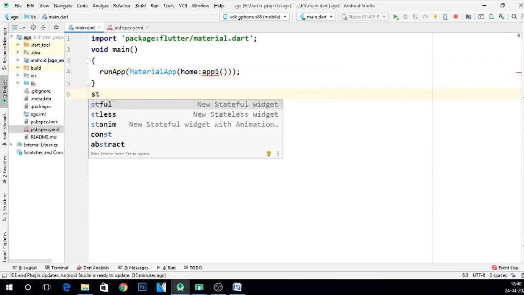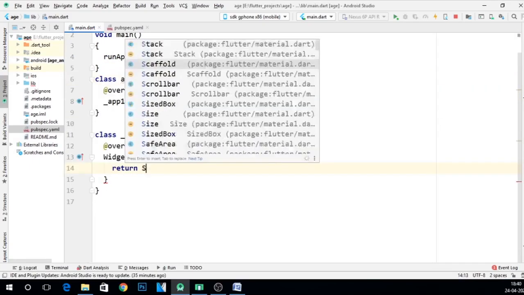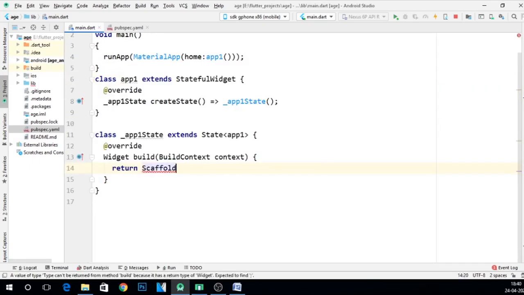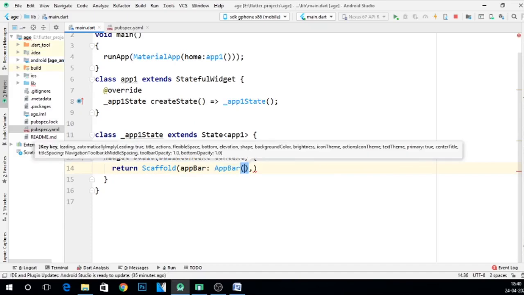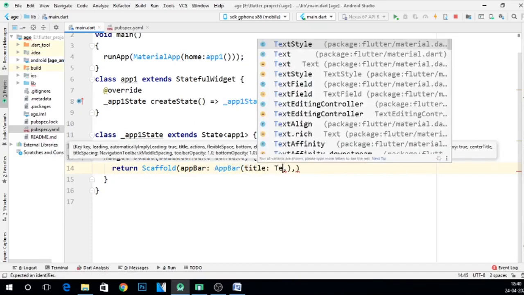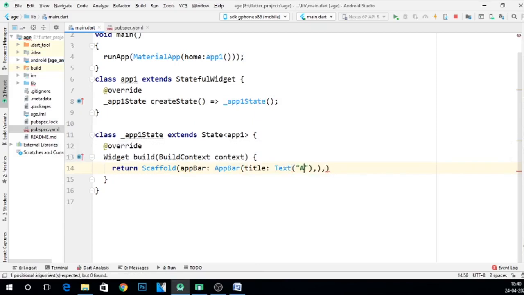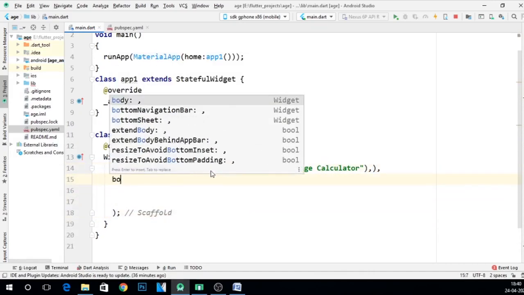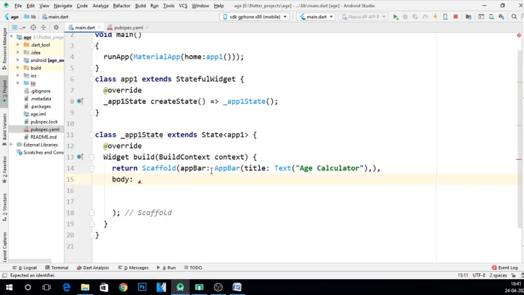Say stateful widget. For that you can type stful. Here we can say return Scaffold, AppBar, and give some title here, Text, let's say age calculator. Now here we can say body, and in body what we can take is Column children,